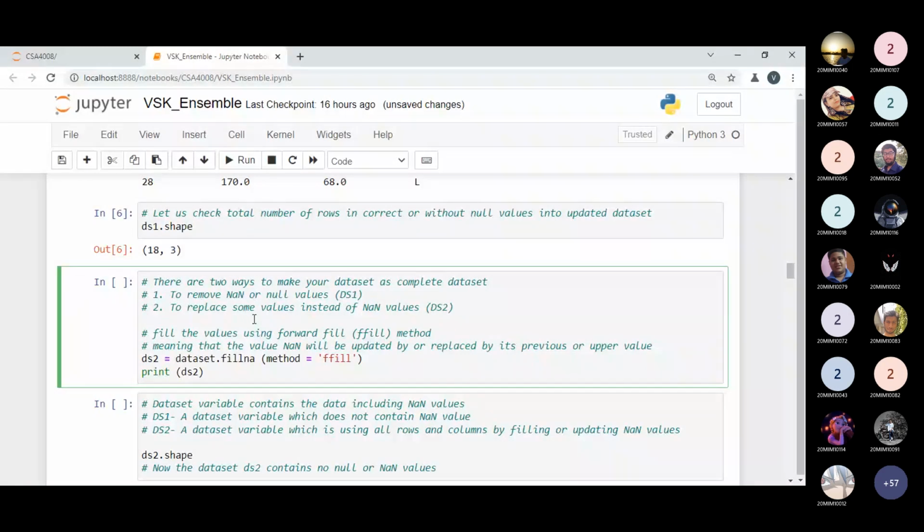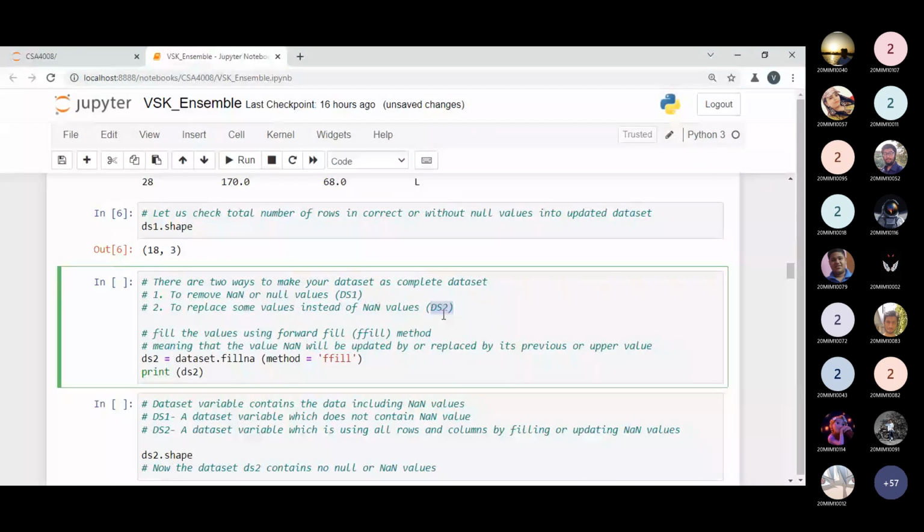So I'm making another variable, ds2. ds2 will be the updated version of our ds, the data set variable which keeps the null values. So I'm not removing the null values, I'm updating them. So I'm filling such null values by the forward fill method.